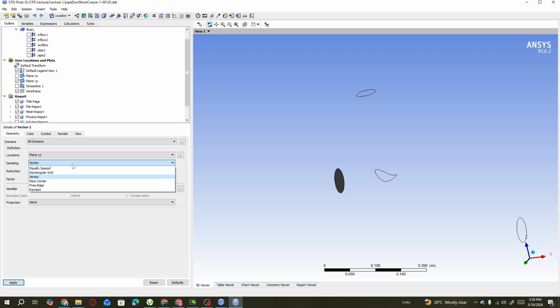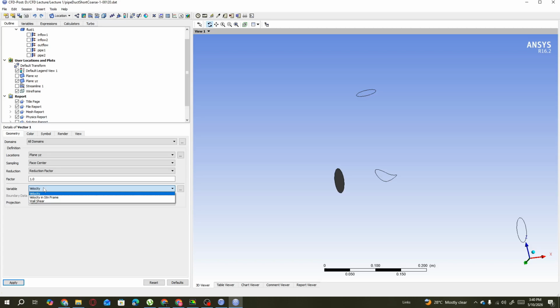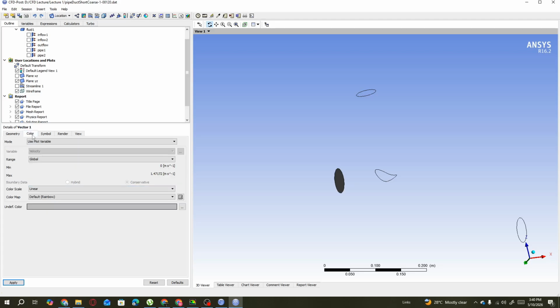There are so many options available for this. This will represent the sample, so the sample should be face center, and then in reduction, the reduction factor remains the same. Then which variable are we interested in? Obviously there are other options as well, like wall shear or velocity in the fifth frame. So we are selecting only the velocity, and in the same way the color